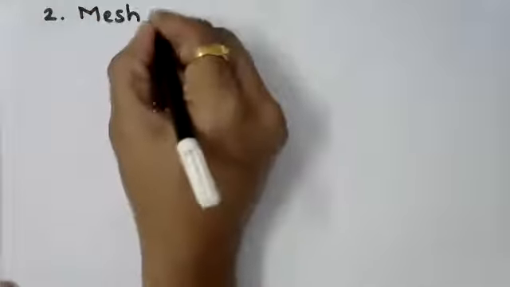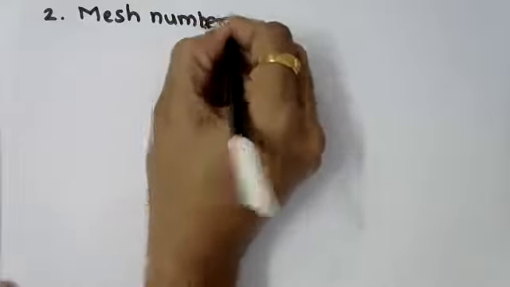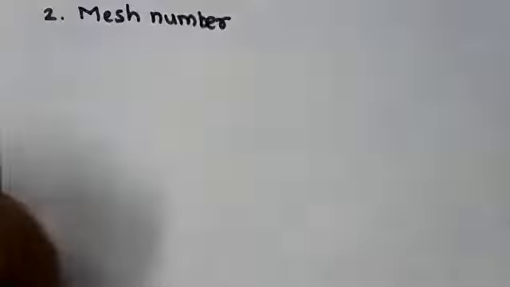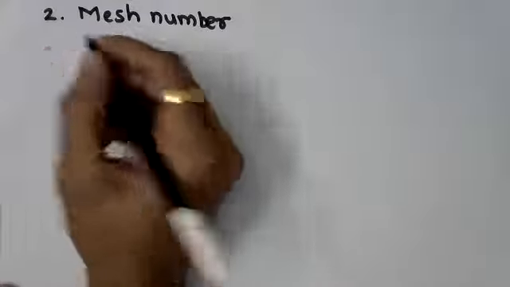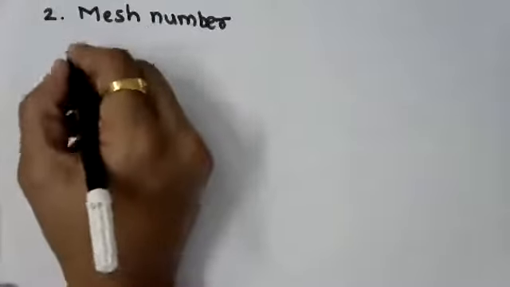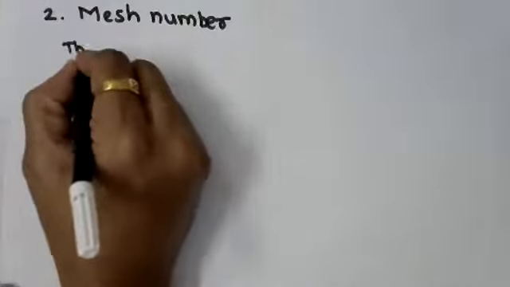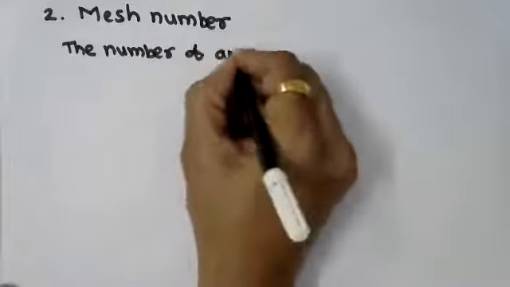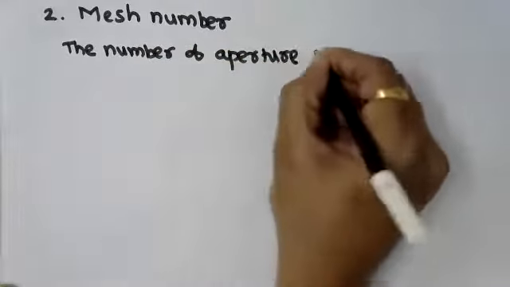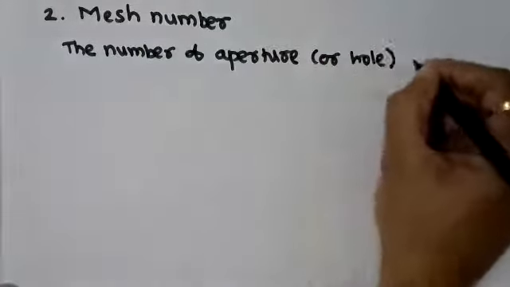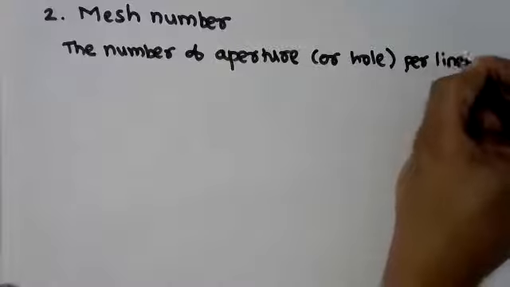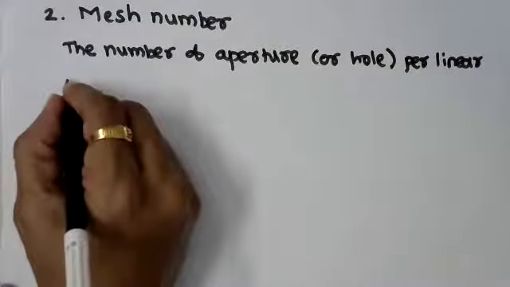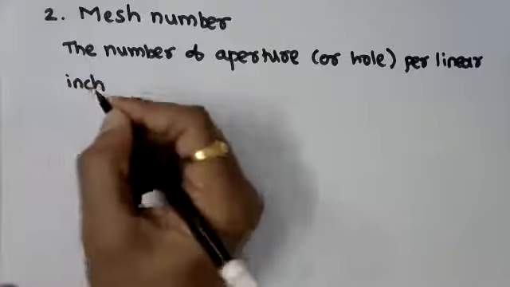Now let us try to understand another terminology that is known as mesh number. Now how to define it? The number of apertures or holes per linear inch